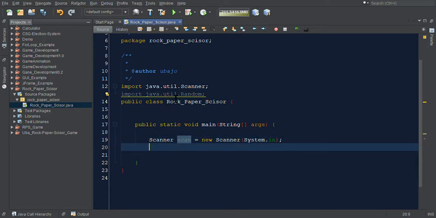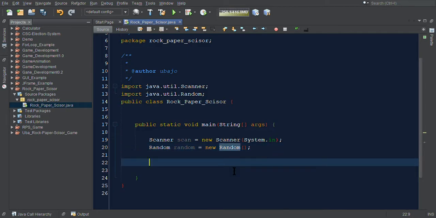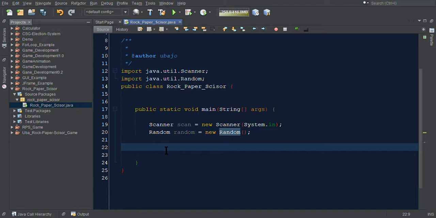Then we use the import java Random. So create tayo ng random object. To create a random object, ganito lang: Random random is equals to new Random, at yan. Okay, create na tayo ng random object natin at scanner object. So paano gamitin? Since gagawa tayo ng rock paper scissor, at number ang